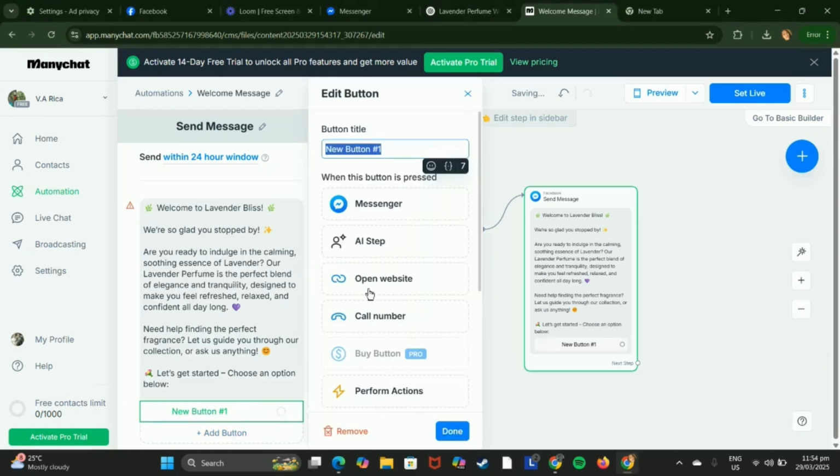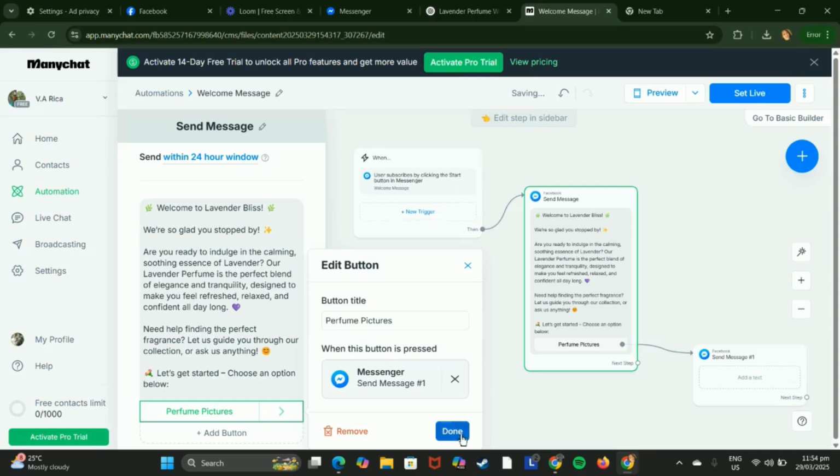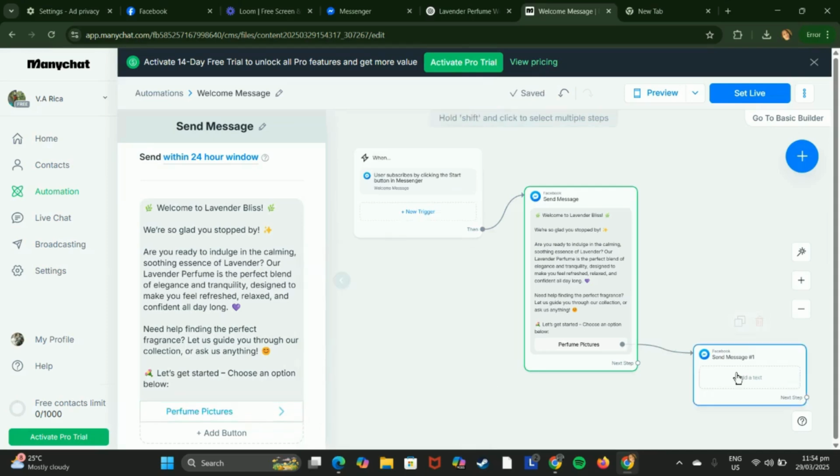So I'm going to add here in the button title, I will put perfume pictures. And then click on Messenger and click done.